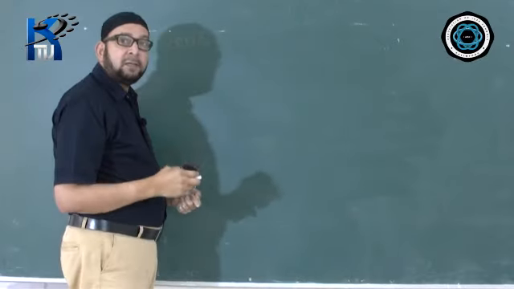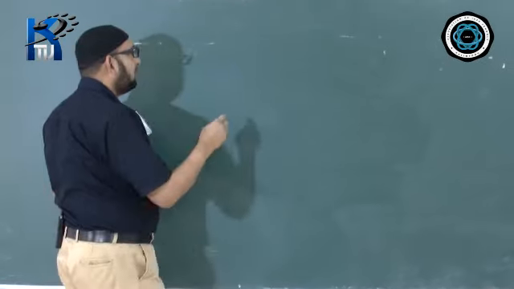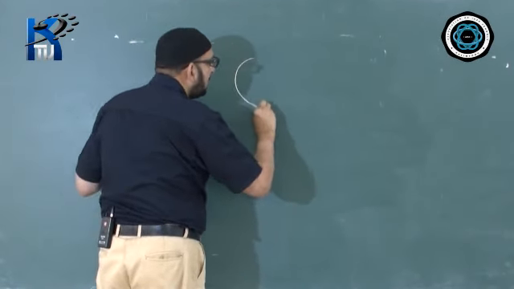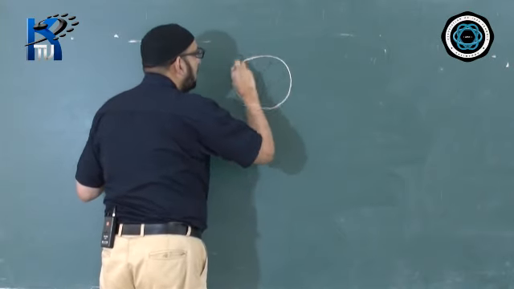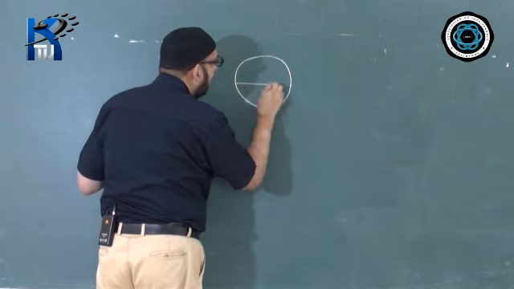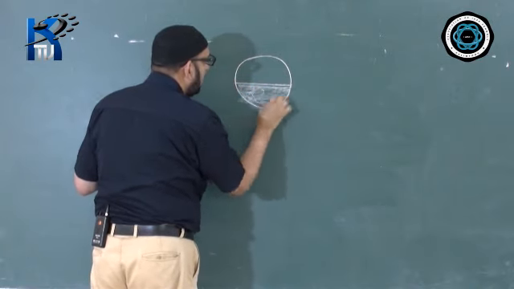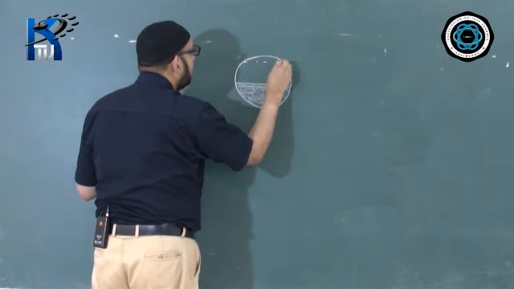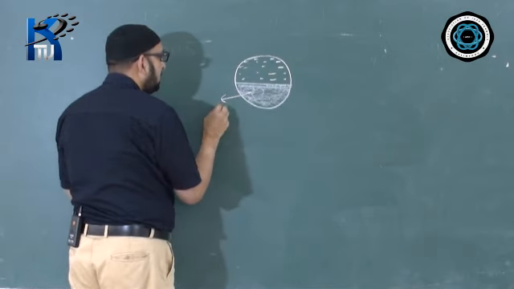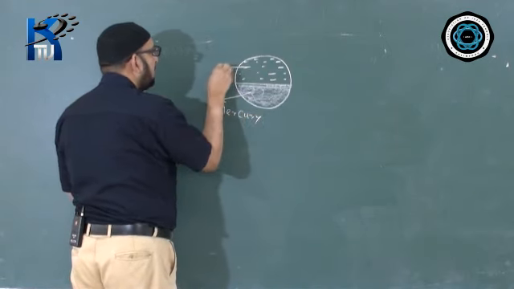Now let us take a case. This may be a probable question for ICC. This hasn't come as yet, but they may give a question like this. Suppose there is a glass sphere which is exactly half filled with mercury and half filled with water. This is mercury and this is water.